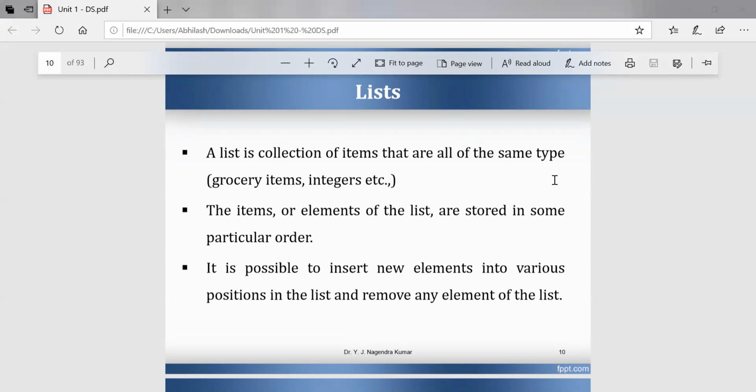If you take grocery items as integers, the elements are in a particular order. In the list, we can insert new elements at any position, either at the beginning, in the middle, or at the end of the list, or we can remove an element from the list. So insertion and deletion are possible in the list.